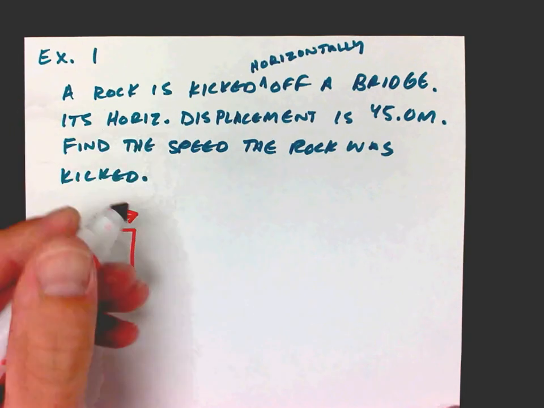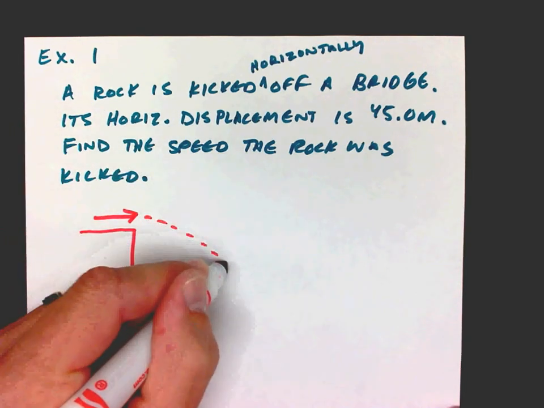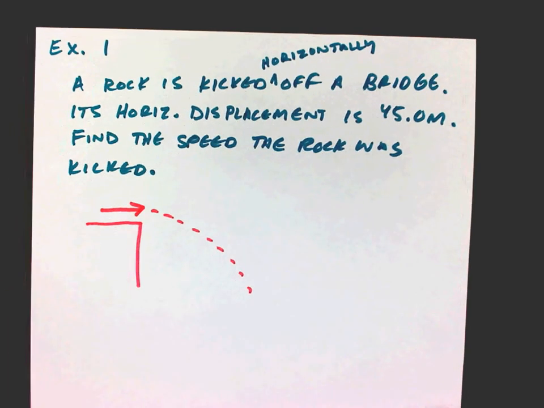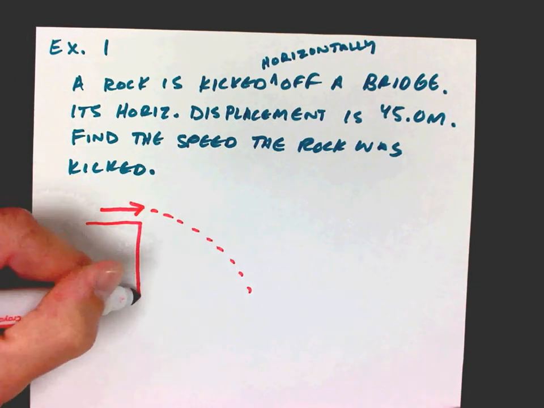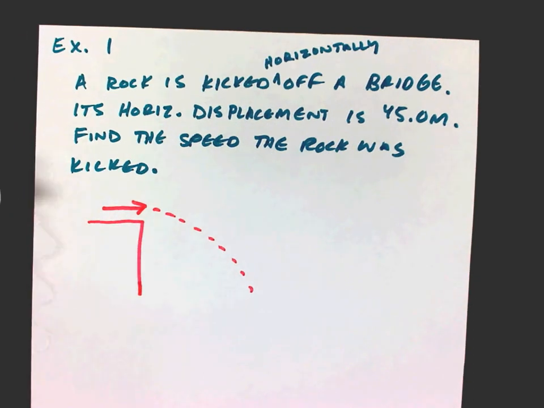So we can even do this if we want, draw our little parabola in there. Make this a little bit longer now. And there's our setup. And from there, I try to label stuff. So this rock is being horizontally kicked off of a bridge, and it tells us that its horizontal displacement is 45 meters. And it wants us to find